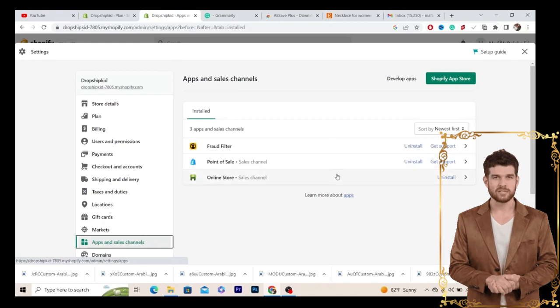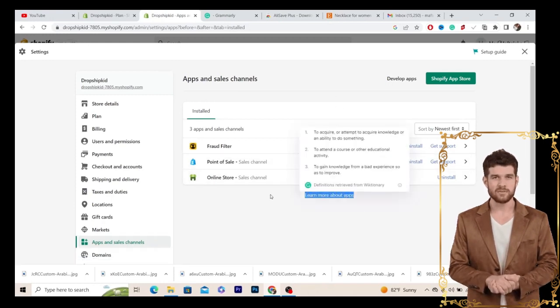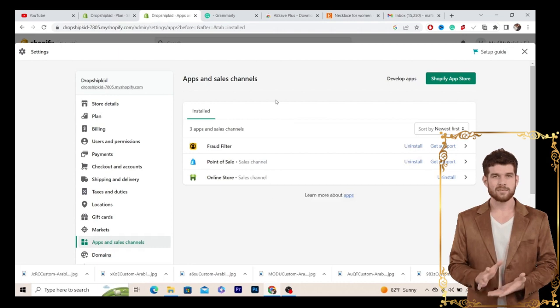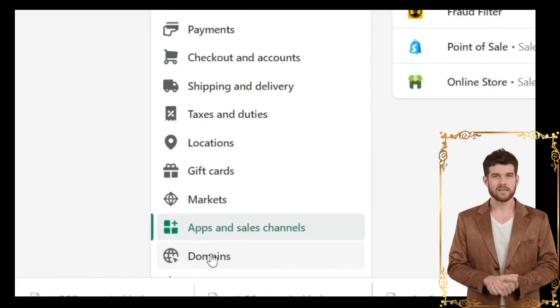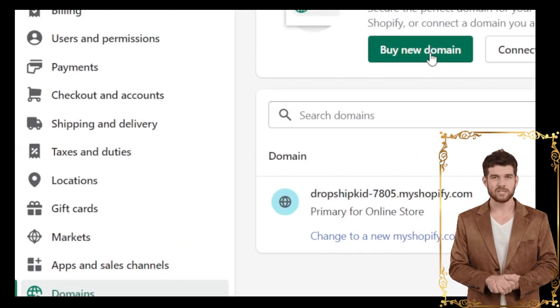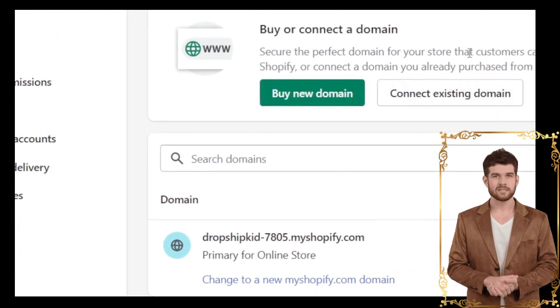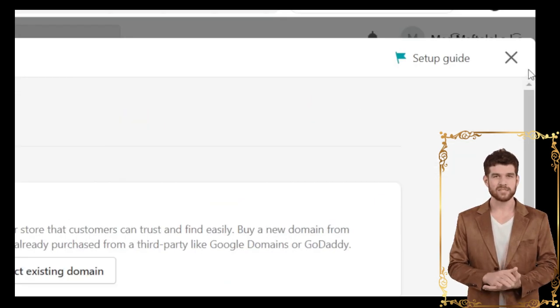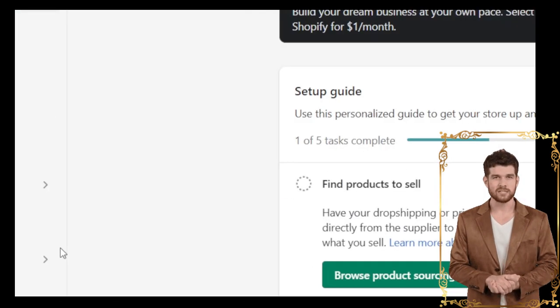Now, if you are paying for any app, you have to cancel that. Otherwise it will keep charging your credit card even after you cancel the Shopify subscription. Now, if you have any domain, as you can see, you want to click on domains. If you have a domain, you can just transfer it, or you can just do whatever. Like if you are not paying for any domain, just follow these simple steps and you will be able to